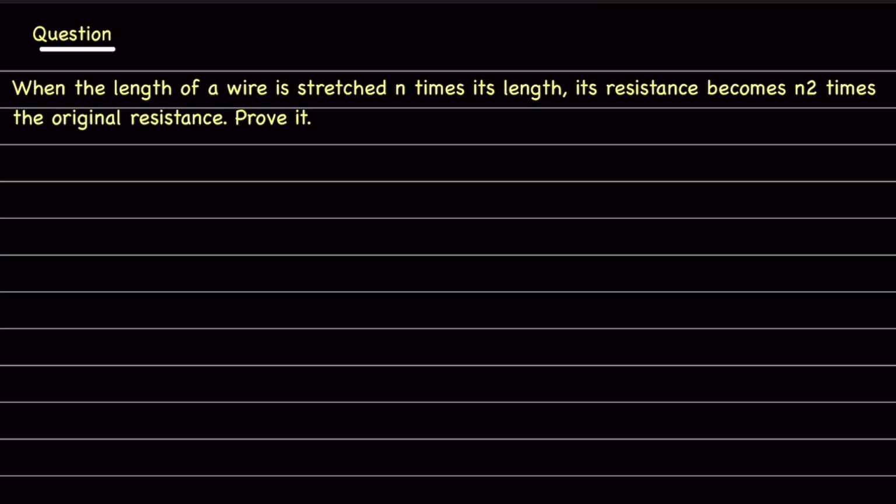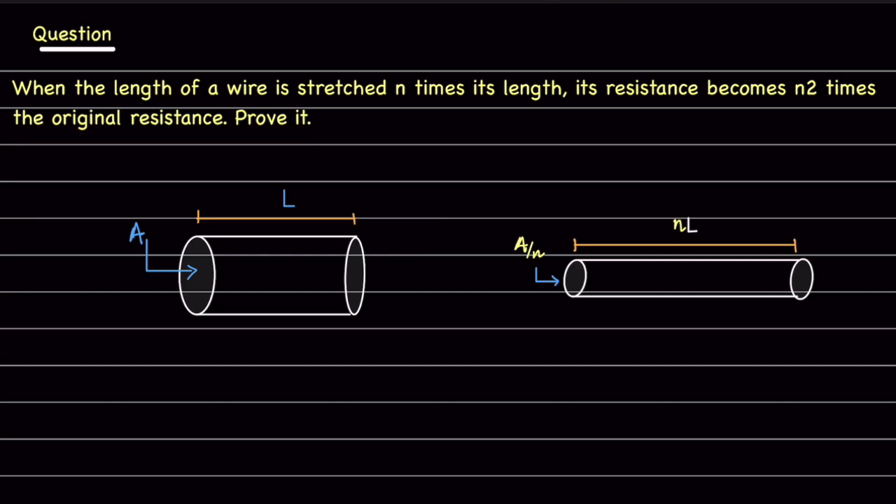In this question, when the length of a wire is stretched n times its length, its resistance becomes n square times the original resistance. Prove it. So let's understand this question with a figure. As you see here, according to the question, we have one of the wire and its length is L and